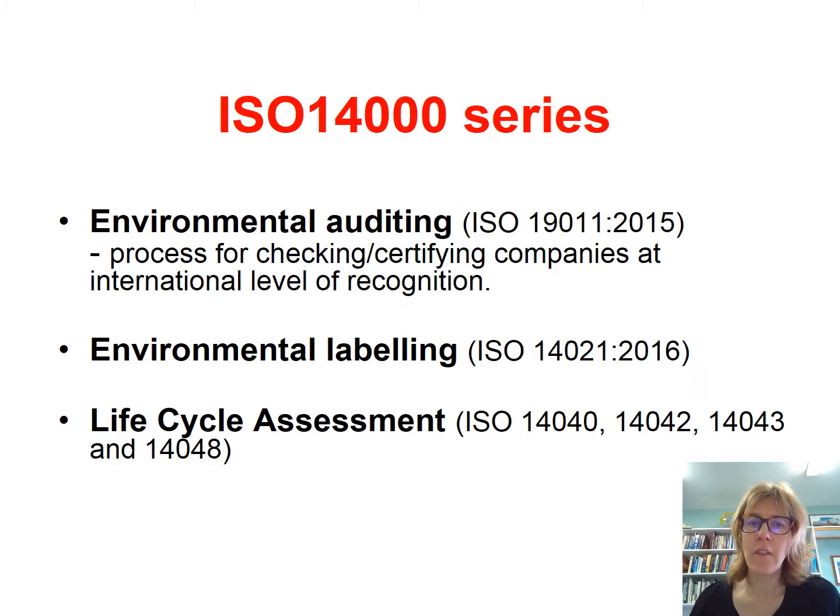So ISO 14001 is part of a range of different products, if you like. So auditors get certified themselves. So ISO 19000 is part of a suite of products where you check companies, and so you pay to get trained, and then companies employ you to come and ISO 14001 audit them. There's a series around labelling, around life cycle assessment. So these are all a little bit peripheral to what we need to talk about today, but yeah, this is quite a big package of all sorts of things,